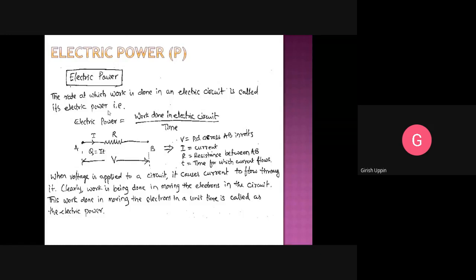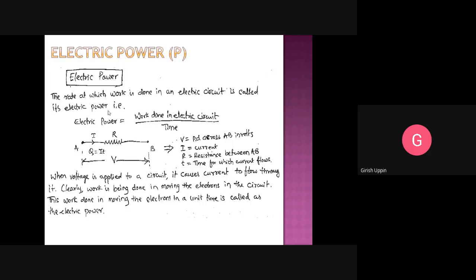Another example is LED bulbs at home. They have different ratings, right? Some are 7 watts, some are 9 watts, some are 12 watts, some are 15 watts. If you put a 7 watt and a 15 watt LED, the amount of work, the amount of light, the illumination given by the 15 watt LED will be much higher than the 7 watt.